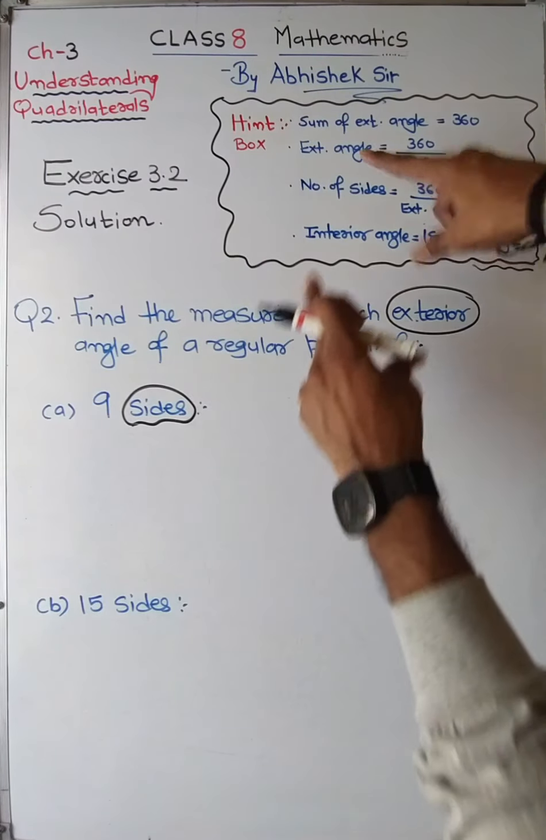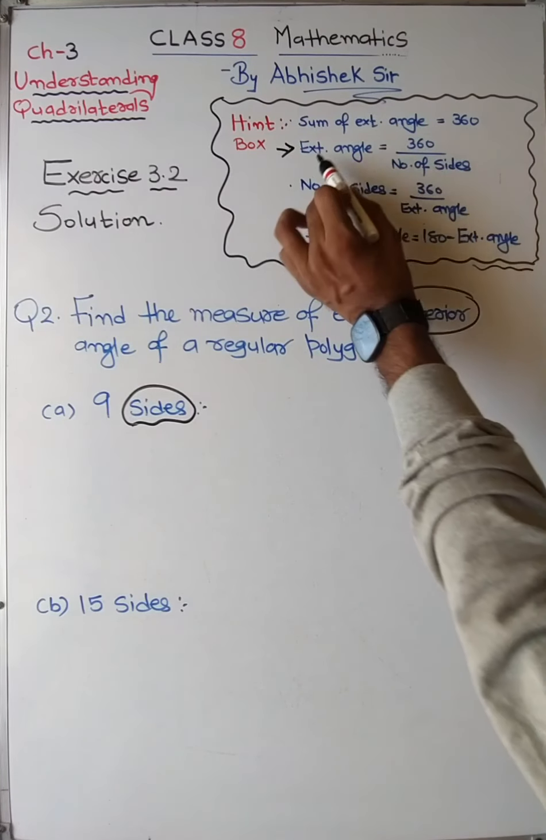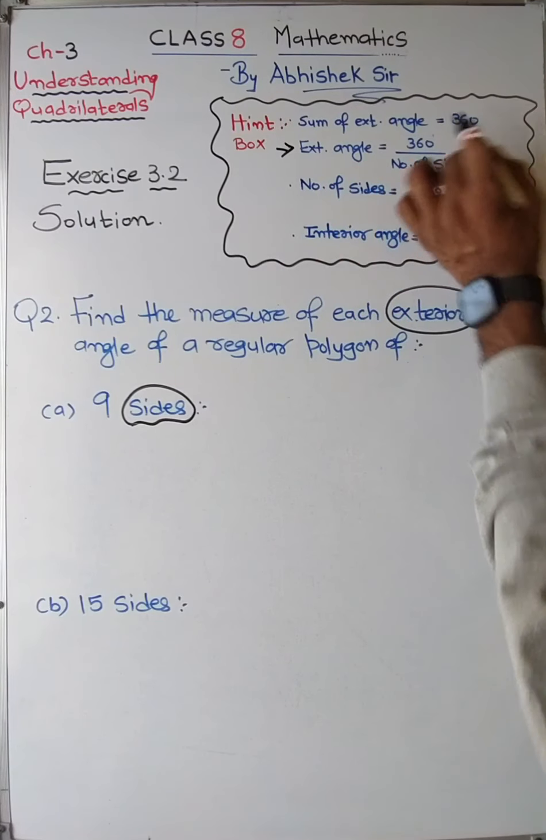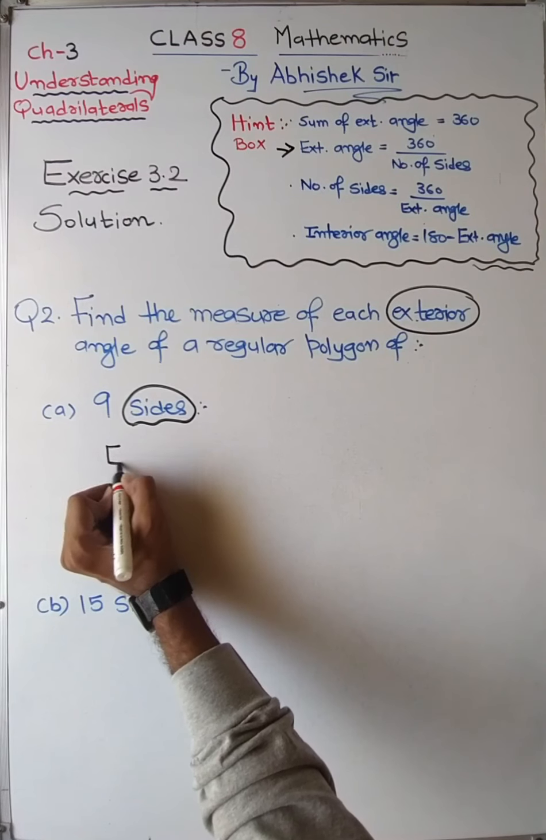So we have to find a relation between exterior angle and number of sides. Which formula is that? This one, right? We will be using this formula. The formula is exterior angle equals 360 degree upon number of sides. So using this formula,